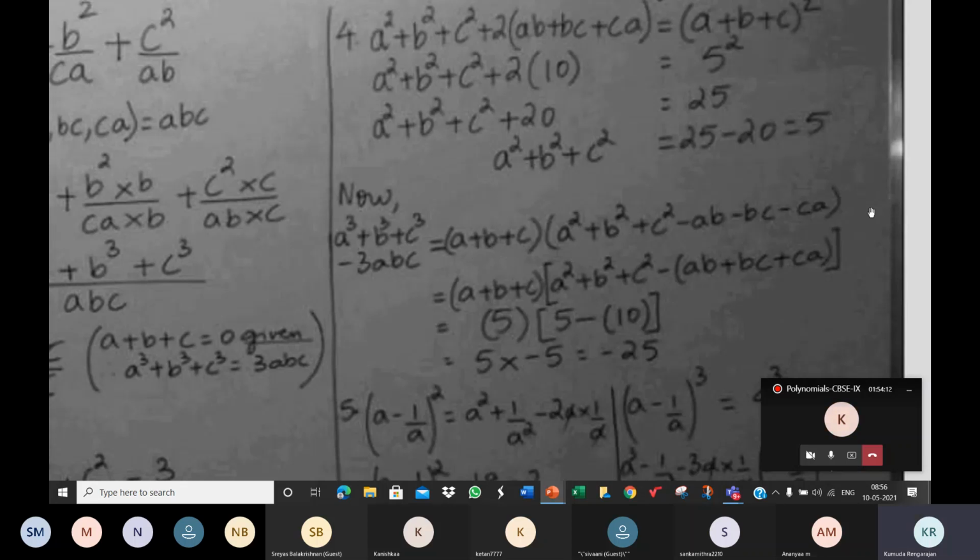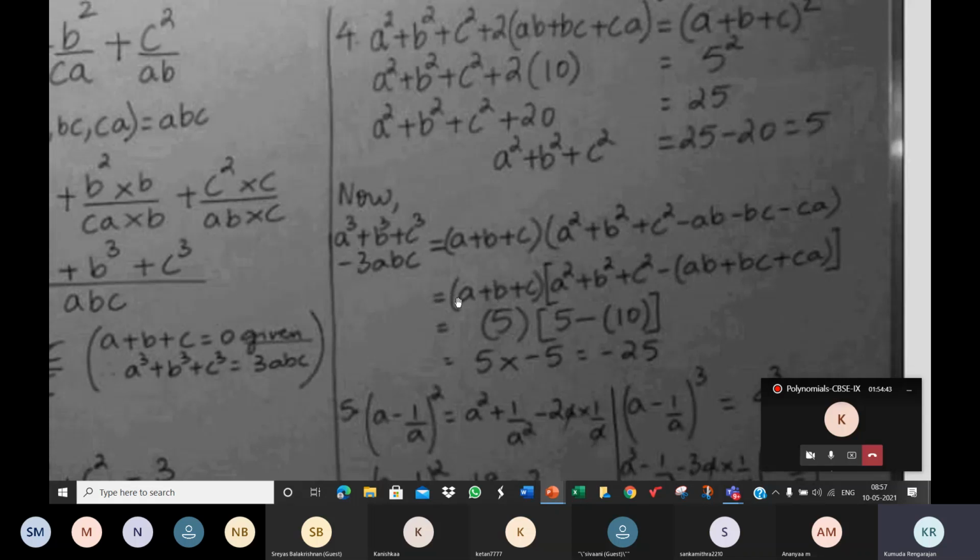So this is the identity, and I was talking about these expressions. We know the value of a plus b plus c is 5. Please follow the pointer, children. I'm pointing out the value of this expression. The value of this expression is not known. So we have to find this. And here we have to take out minus common and write the identity like this. Take this minus out common, and you get AB plus BC plus CA in the bracket.